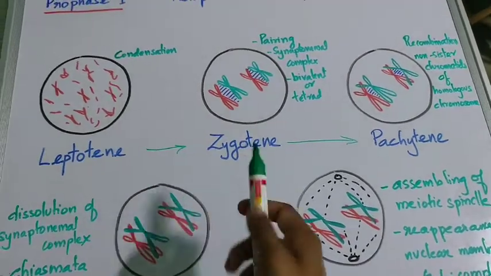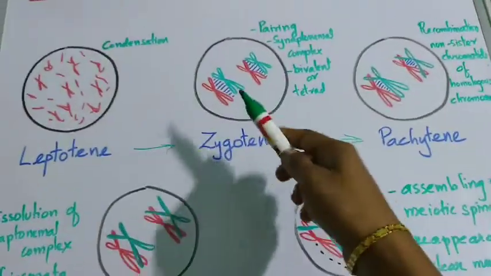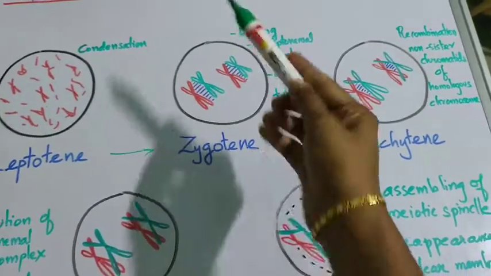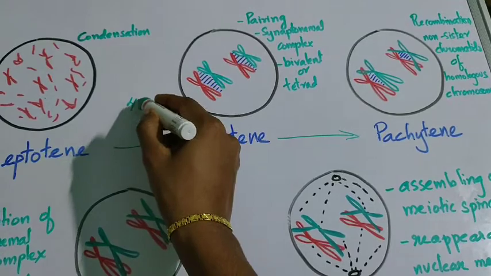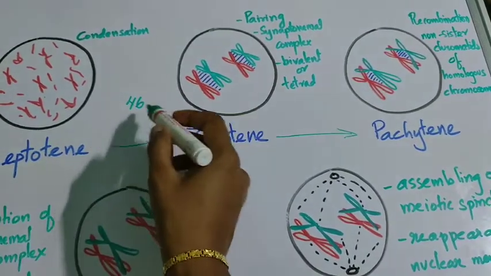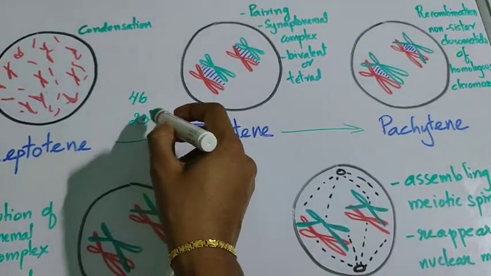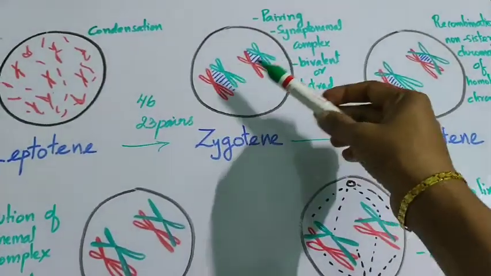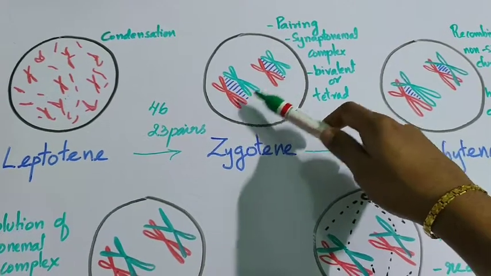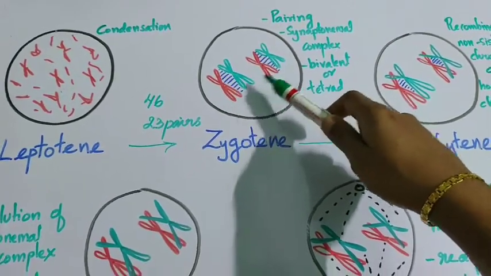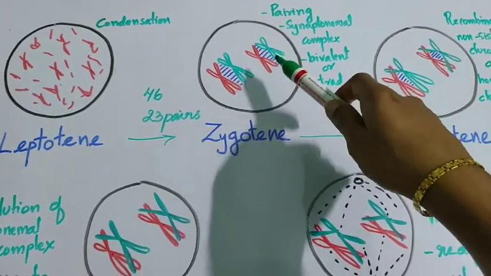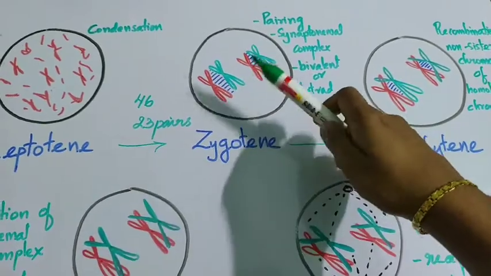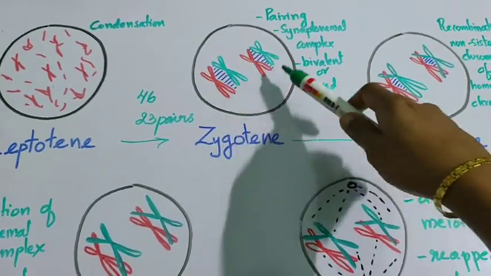Immediately after leptotene, there is zygotene. By this stage of zygotene, what happens is the different chromosomes, for example, in human beings, we have 46 chromosomes in every cell. They start pairing up to form 23 pairs. They will lie like this as pairs. Only for your understanding, I have drawn this here in different colors. These are part of the same cell only. Only to show you that they are forming pairs, I have drawn this in different colors. So, like this, 23 pairs are formed.